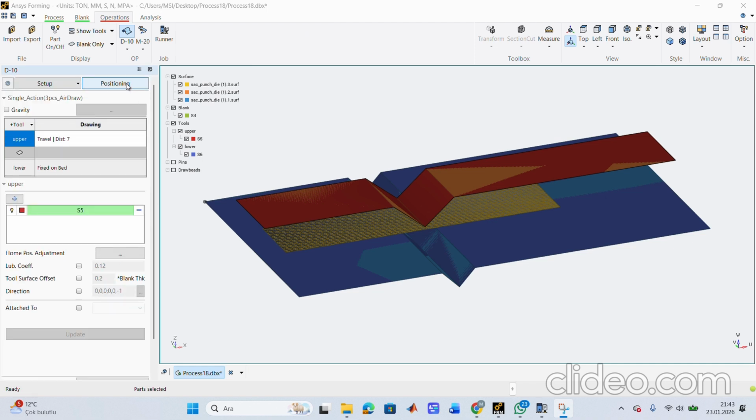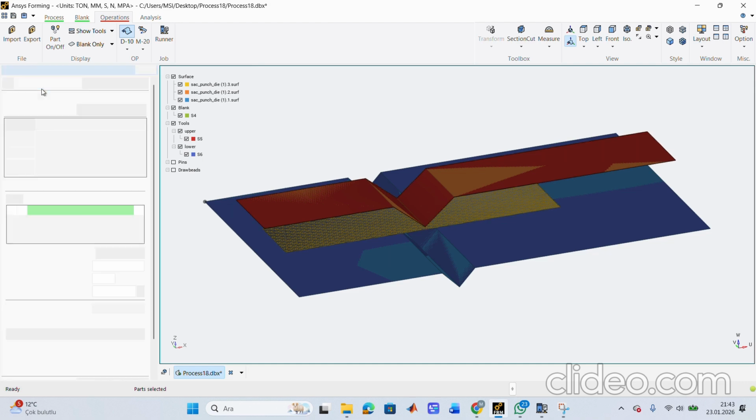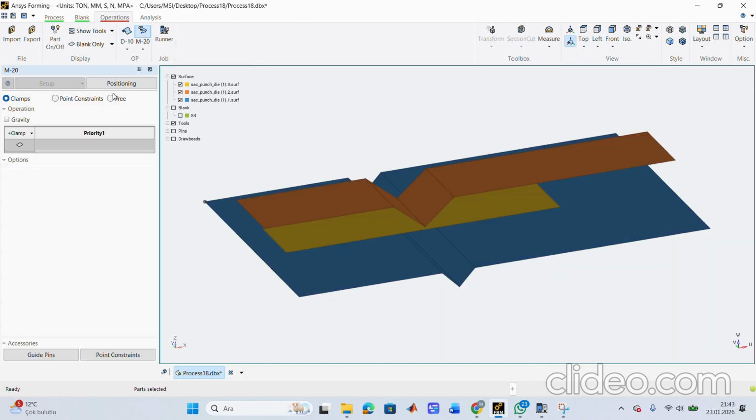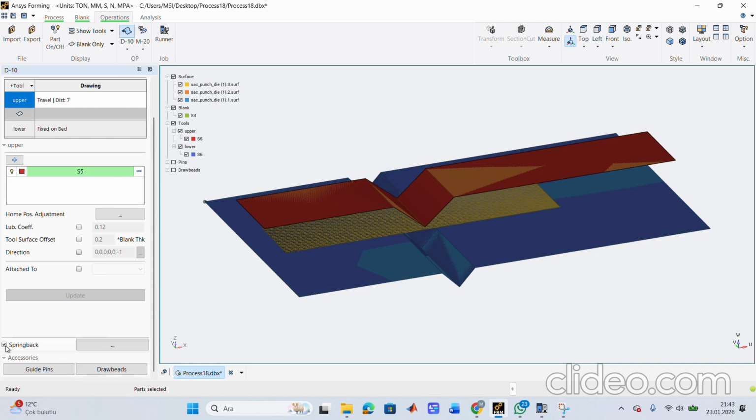Now I go to positioning. Okay. And here we select free. And it comes to green. And also we open Spring Back. Before running the analysis, I enable the Spring Back option.